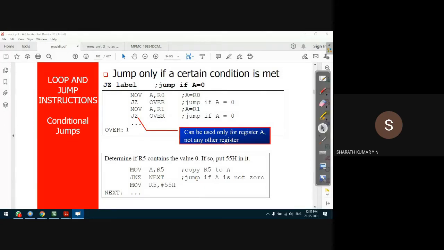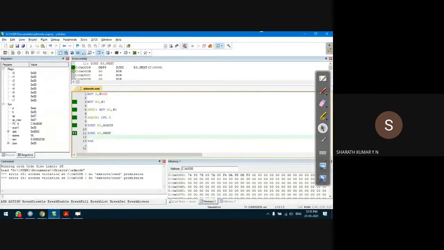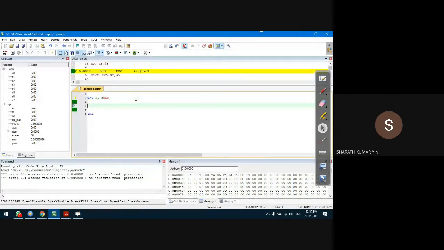Let us write a simple program. Let us have A comma, let us take some data directly, hash 06H. Jump if zero, L1.